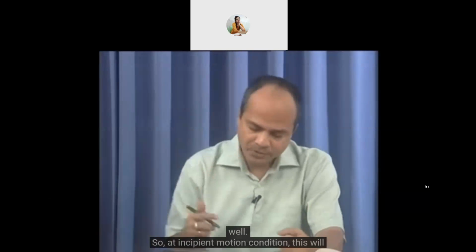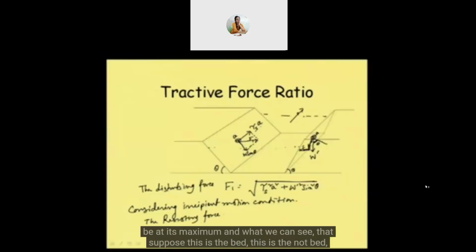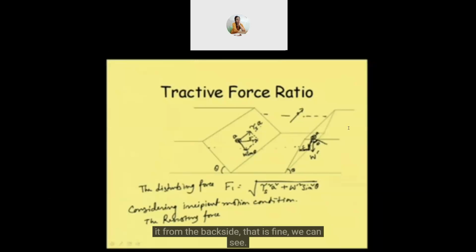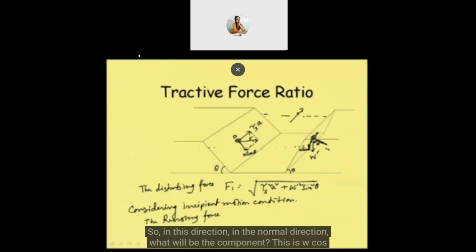Well, so at incipient motion condition this will be at its maximum. Suppose this is the bed, no, this is the side, then this will be opposing this motion, and the frictional resistance opposes this particular force. That will be the normal weight or normal reaction, so there will be a normal force in this direction. Let me draw on this face because we are seeing it from the back side. Okay, that is fine, we can see it. So in the normal direction, what will be the component? This is W cos theta. And as we know, the frictional